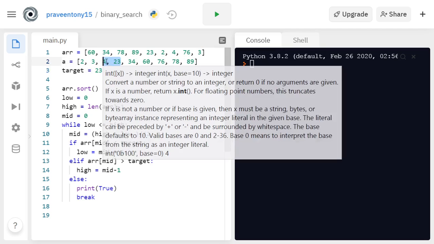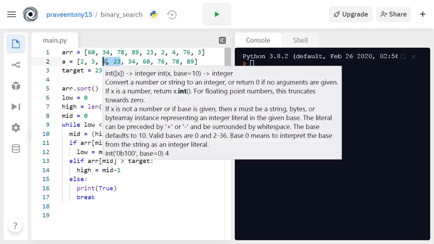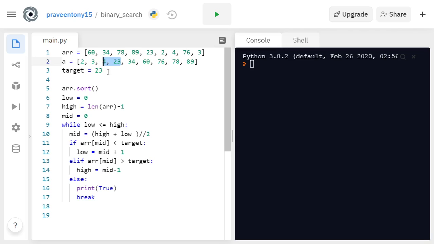Here the middle number is 4, and 4 is less than 23, so we move on, and finally it will be equal and it will print true. If there is no such target element, it will return false.